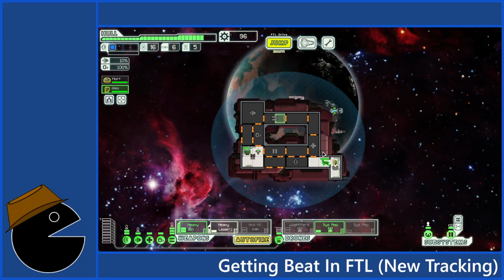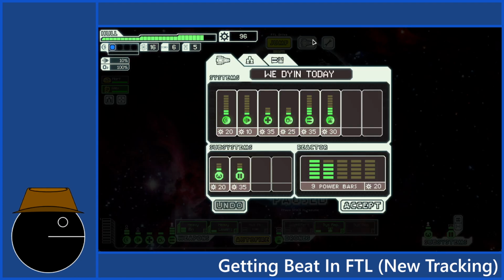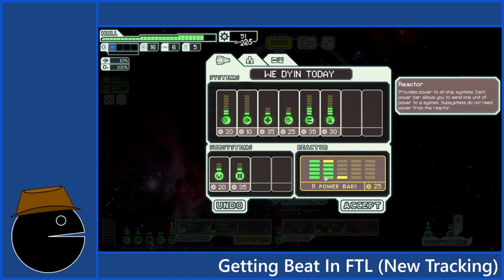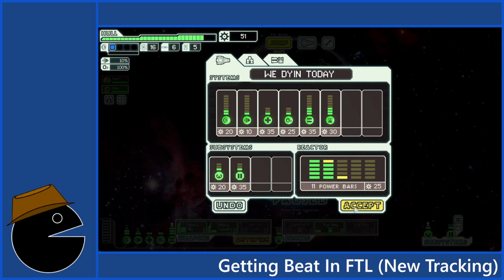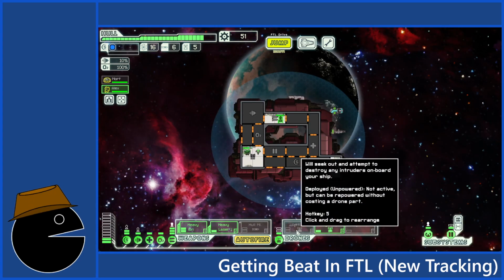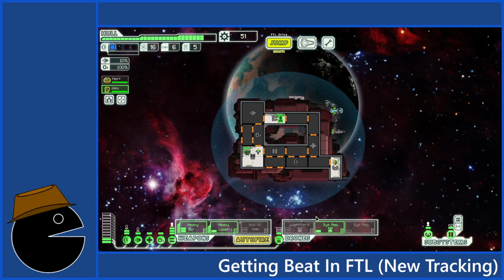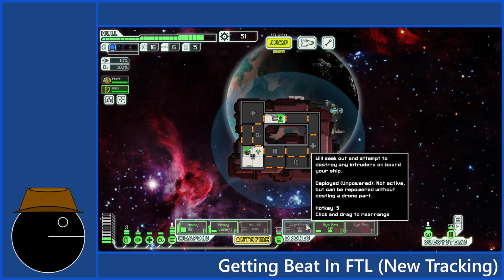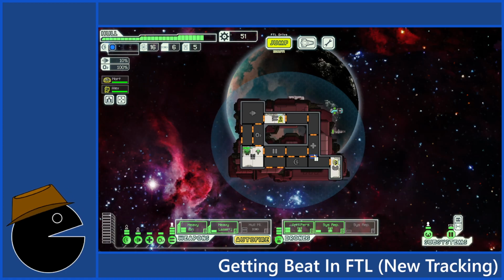I'm putting you on the weapons. Also, I'm going to upgrade the power bars so I can have the anti-personnel drone permanently deployed along with the weapons.